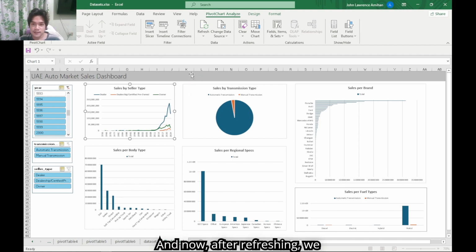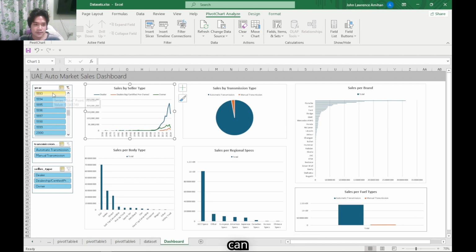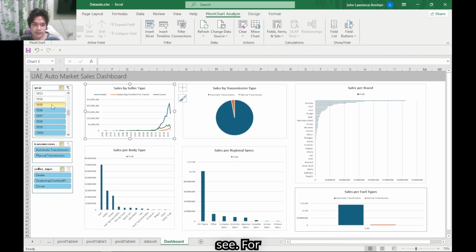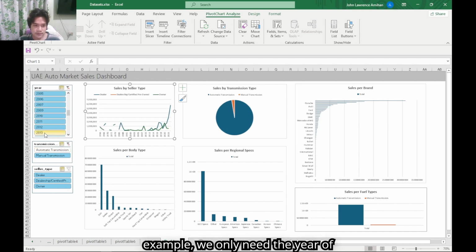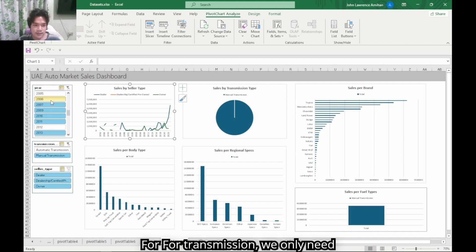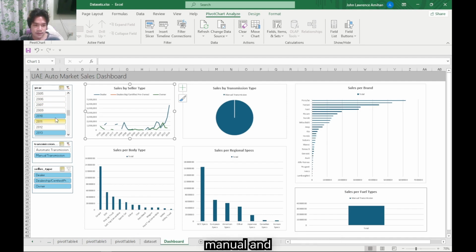After refreshing, we can select the data that you want to see. For example, we only need the year 2000. For transmission, we only need manual and 2013.